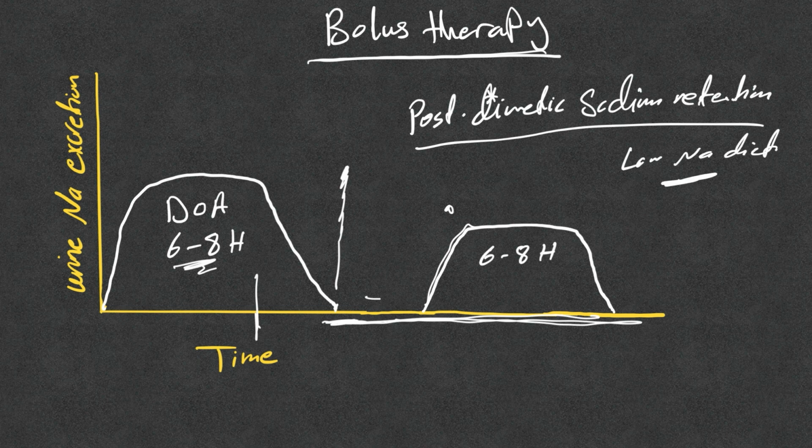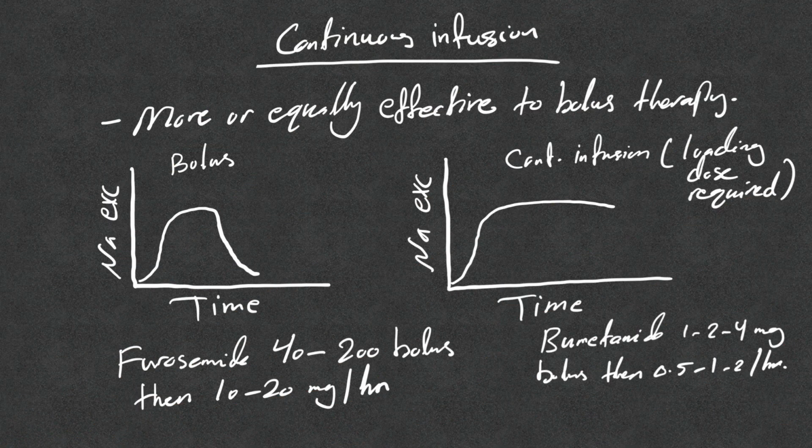Also, the other way we can fix this is continuous infusion, because as you see with the bolus, as we just explained, you reach the peak, stay there during the duration of action, then drop quickly. While with the continuous infusion, especially if you give a bolus dose, a loading dose, you see the effective dose stay for a longer period of time. That's why it's considered more or equally effective to bolus therapy, especially if a loading dose is given,